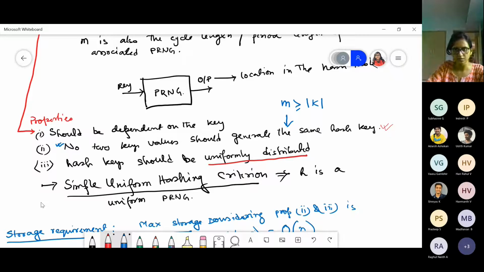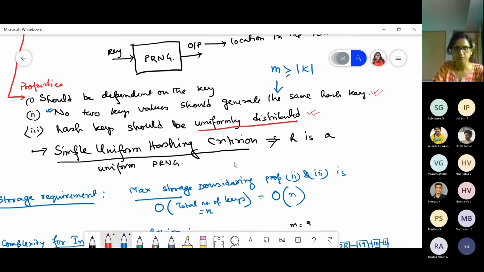This is an important property that we enforce when we are critically analyzing hashing functions. That enforcing thing is called the simple uniform hashing criteria, where we consider h as a uniform PRNG, and so each number 0 to n minus 1 is equally likely.